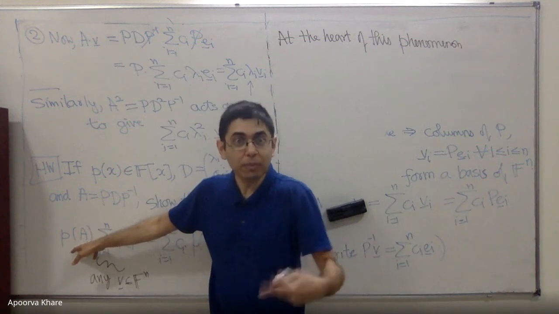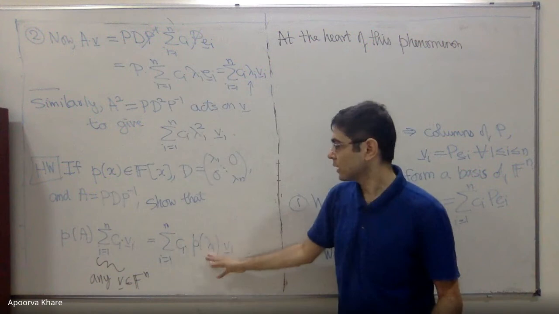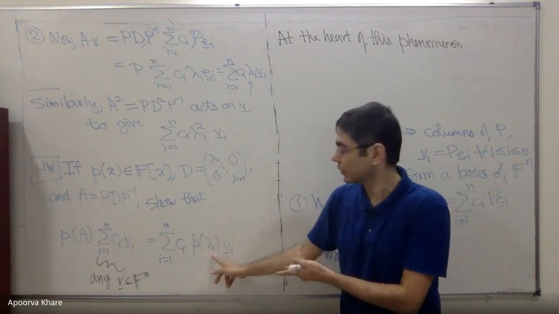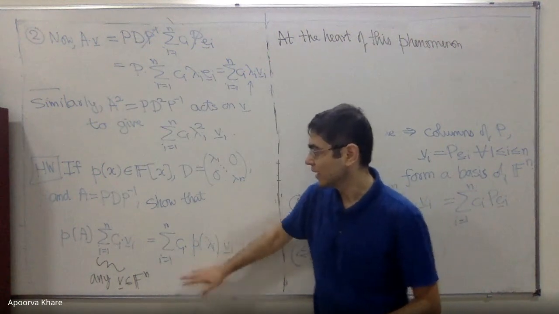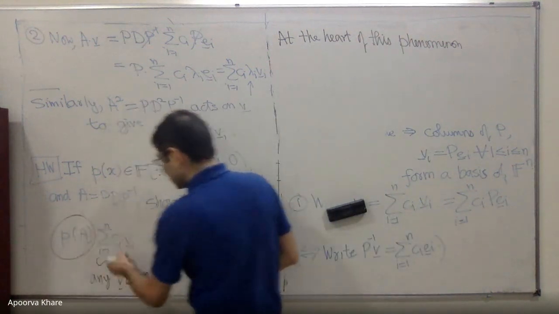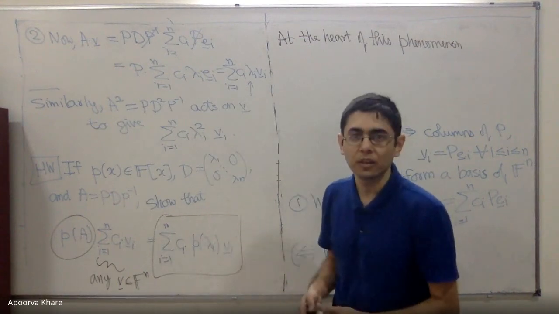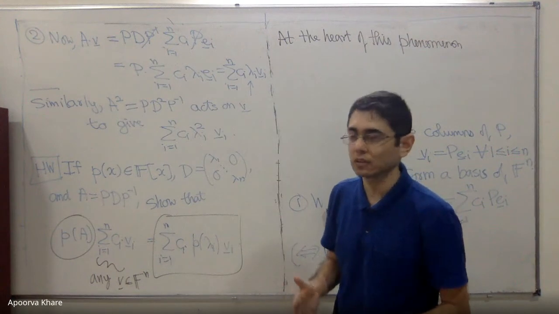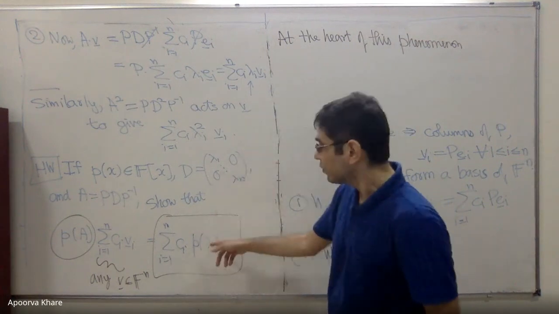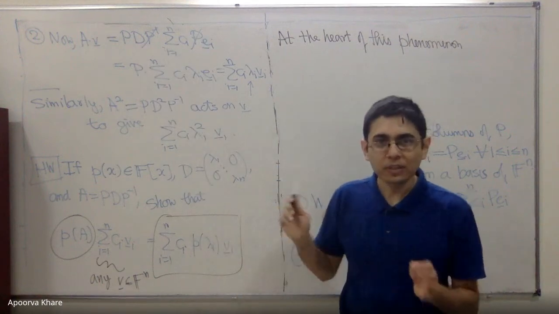I don't have to multiply A by itself many times, like A squared or A cubed or something. I just have to take a polynomial variable evaluated in the lambda scalars. So it is much easier to compute the right hand side than to first compute this and then do this. Rather, you just compute this directly and it's trivial, it's easy. So you save yourself enormous amounts of time and calculation and effort, pain, if you will, if you knew such a decomposition of A. So at the heart of this linear phenomenon